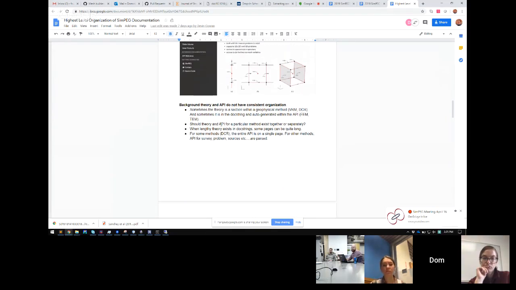Maybe for the EM problem, do we want to provide, in the doc string, some kind of theory on how it's solved? That makes pages longer. Or do we want to have a separate area to put theory and make use of hyperlinks? So maybe the API goes in its own section, and in the doc string, we could link to a theory section in the website if you want to know how that was being done. So we can make use of a lot of these tools with the website design.